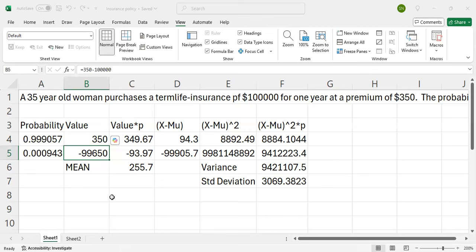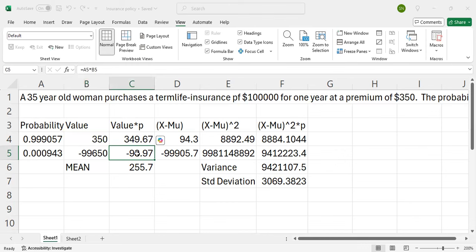But if the woman does not survive, unfortunate event, then they have to give out 100,000, but not all of 100,000 because they have already pocketed 350. So their net loss or negative benefit for them will be minus 99,650. Okay. Now multiply that value of X with the corresponding probability of 0.000943 and you get minus